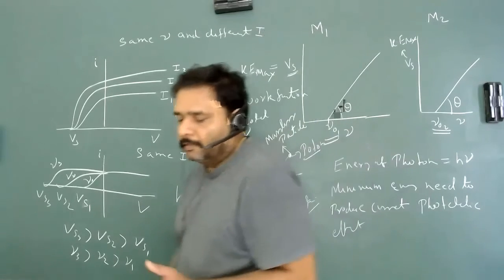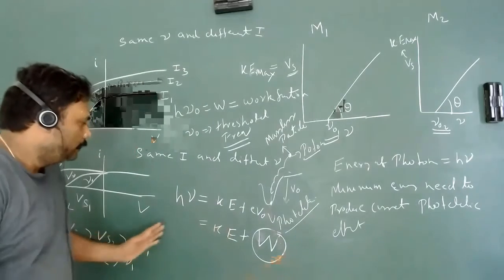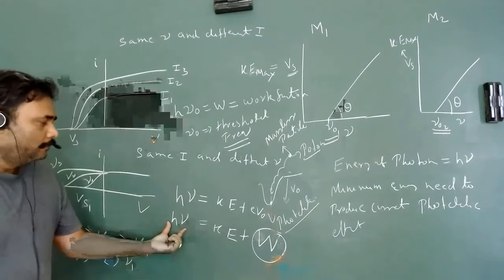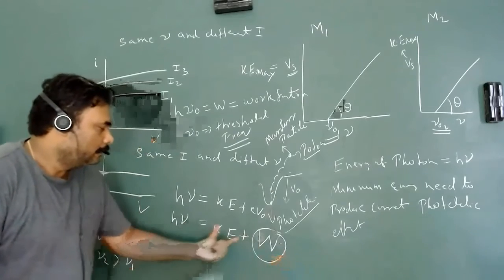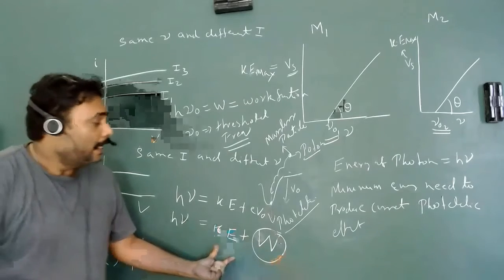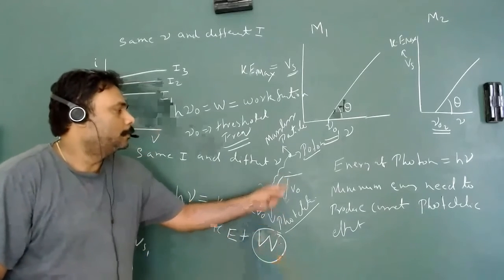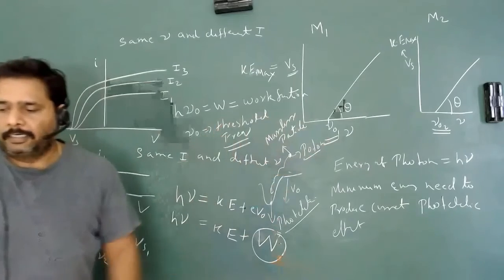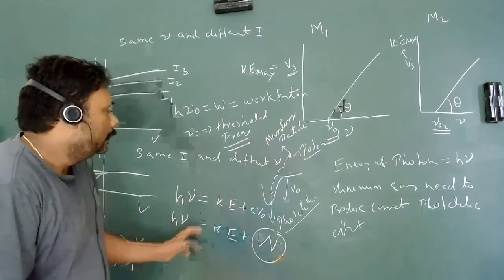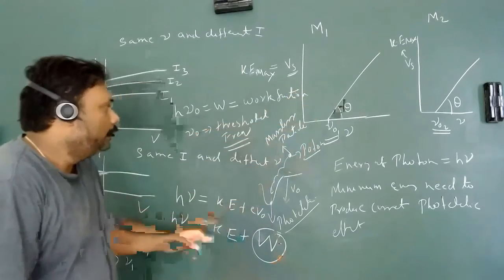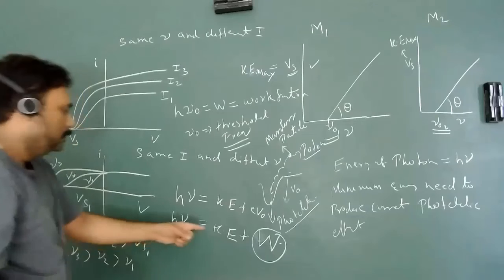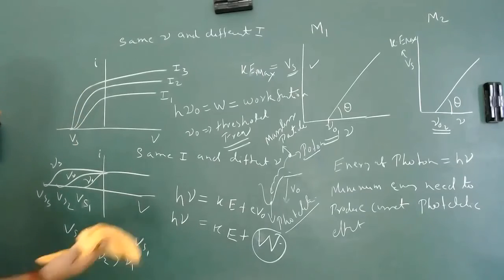So from here, this is nothing but the conservation of energy. All the energy coming from the photon will be divided into two parts. The first part will be getting the kinetic energy of the electron and overcoming this particular potential such that the electron can be free. So this equation can fit exactly into this particular curve. Let's write this equation again.